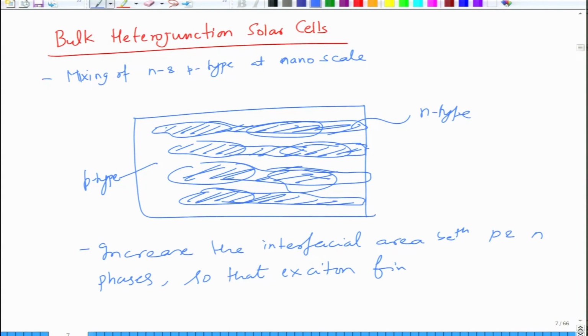so that the exciton finds an interface, because the interface is the one which provides the built-in field for it to break, okay. So the exciton finds an interface before it recombines and loses itself. So the idea is to increase the interfacial area. The probability to find the interface within the diffusion length is higher because you have mixed donor and acceptor at the nanoscale. So this is a very useful concept,